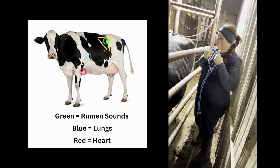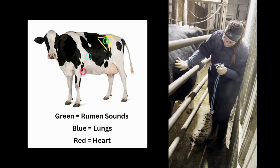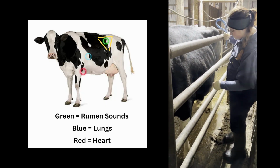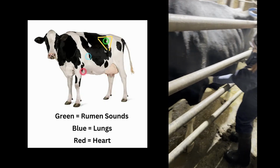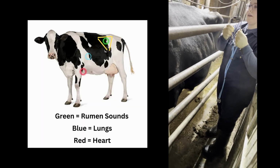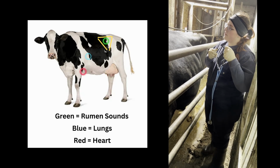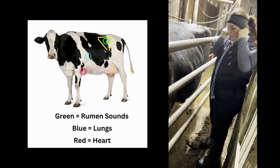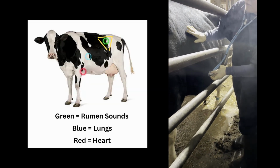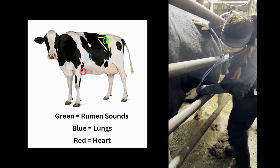And now to listen to her heart. This is where it's going to be, with this setup, a little tricky, just for the human safety side. So what you're going to want to do is, with her front leg, you're going to have to sit right in here to listen to the heart. And we'll see if she'll let me do that. This is something where if you're not comfortable doing it, focus on your safety first, because you can always have a veterinarian come out and do this for you. And so that's just where I'm always watching what she's doing, whether she might kick me or she might